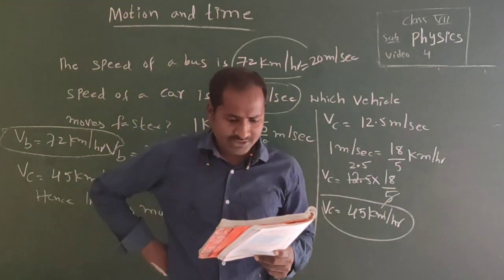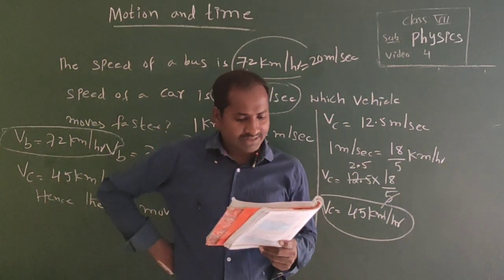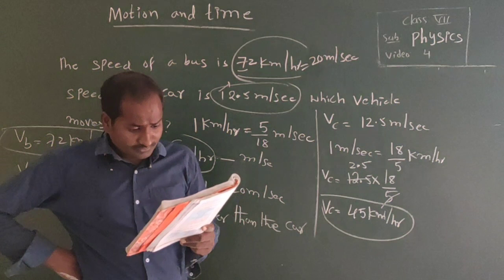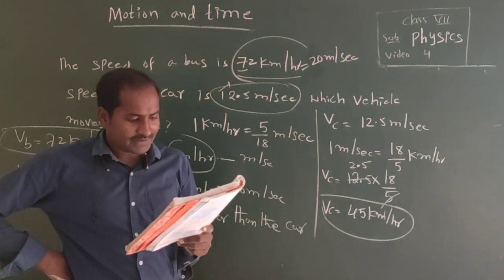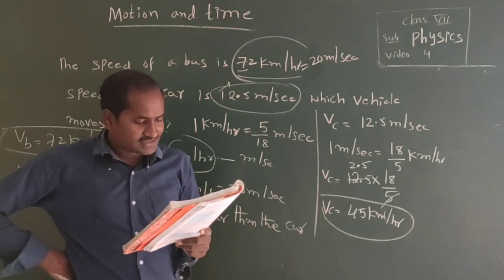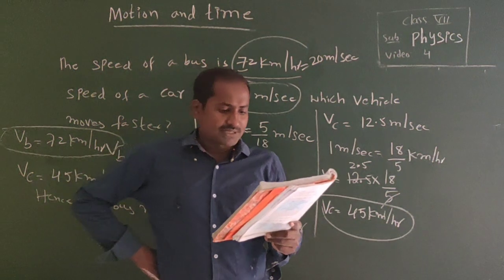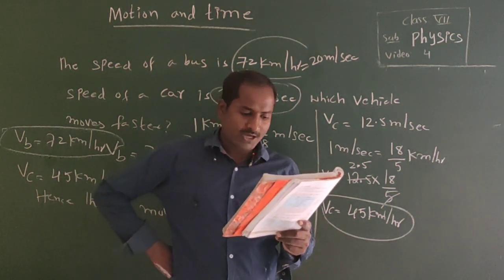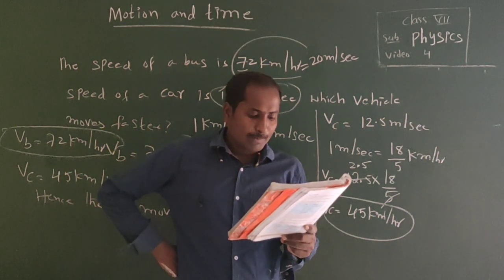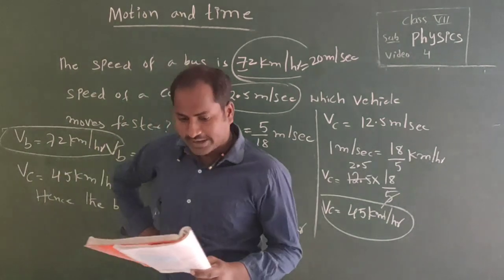There are three types of motion given in our textbook, namely translatory motion, rotating motion and oscillatory motion. We measure time by using different instruments like electronic clocks and digital clocks. Next, the speedometer helps us to know the speed of a vehicle. Next, the unit of speed in the SI system is meter per second. These are the important points in our textbook.